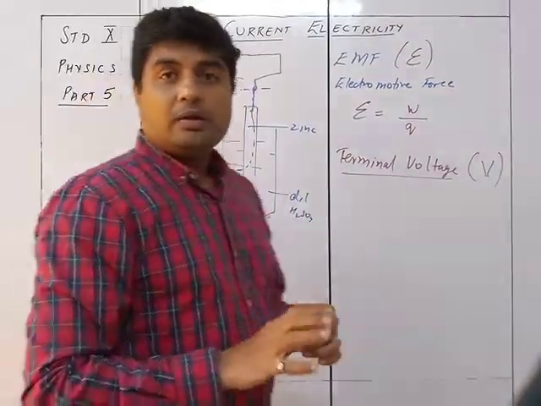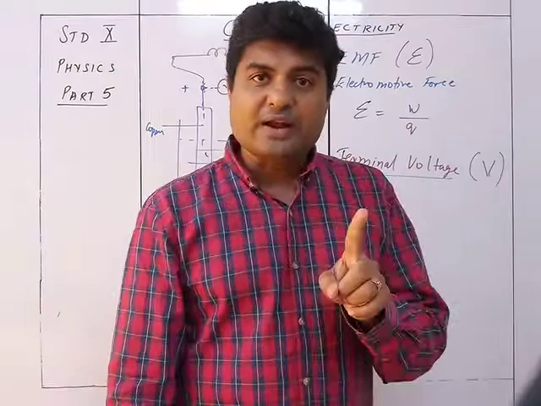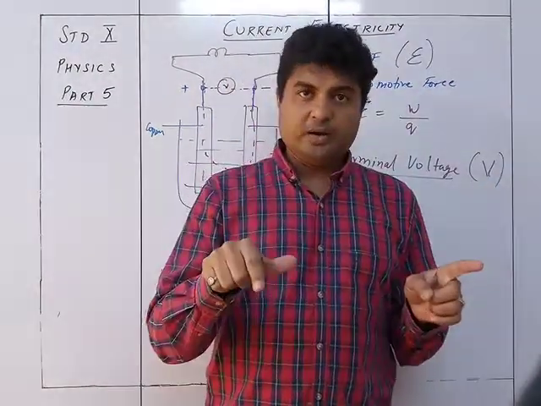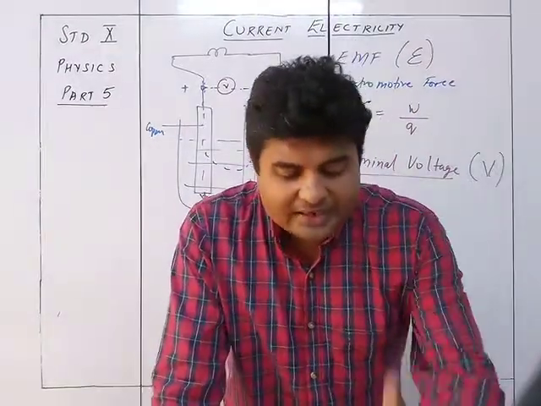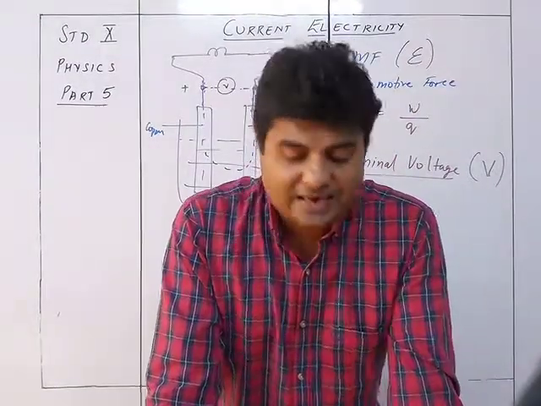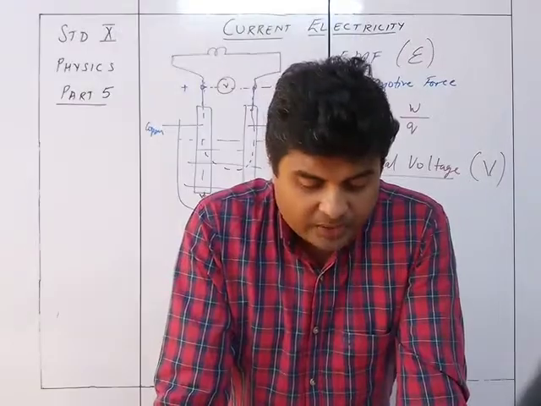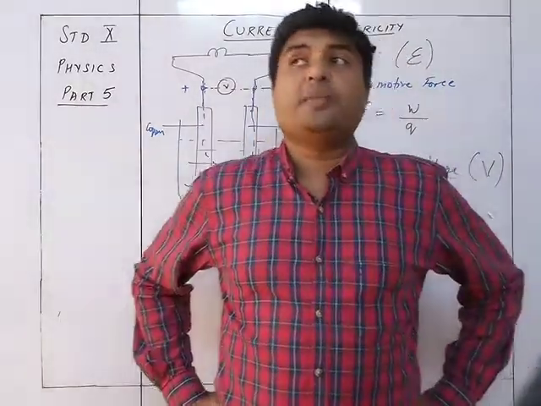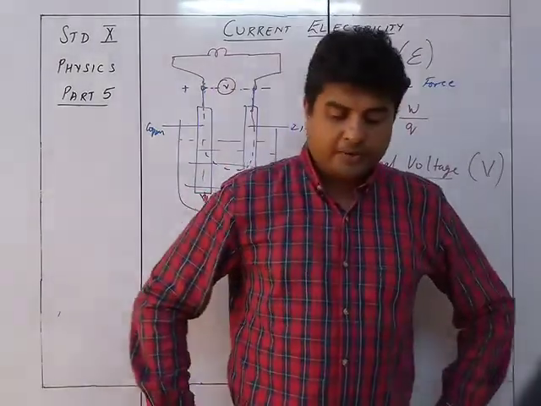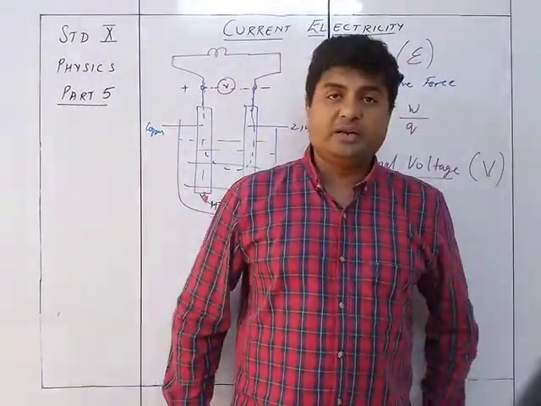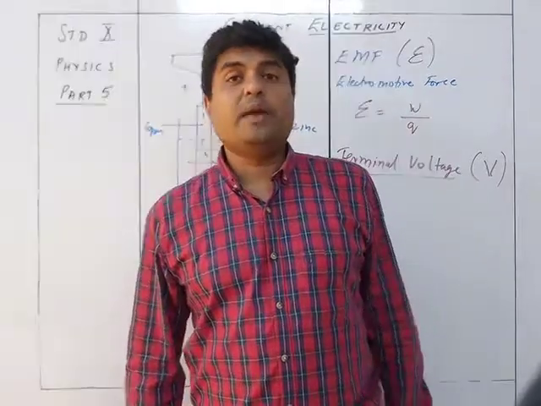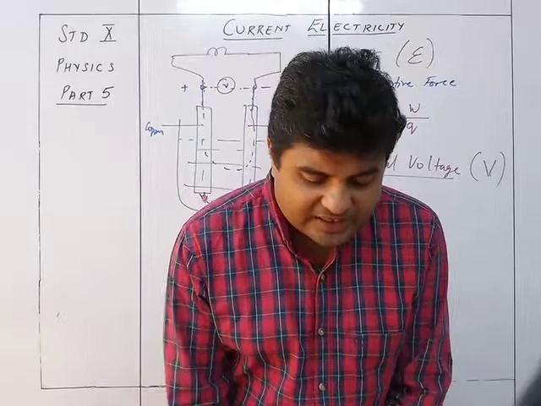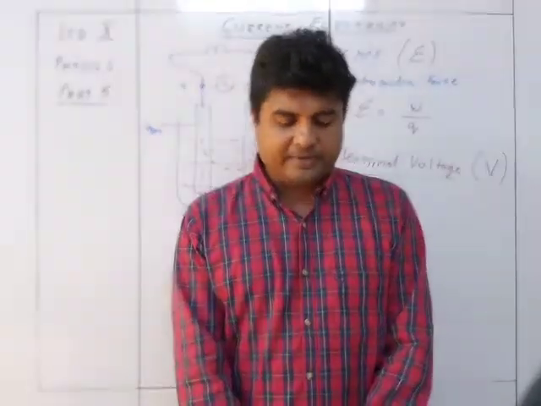So without the current flowing, EMF. With the current flowing, terminal voltage. Okay, so that is it. When the current is drawn from the cell, when the cell is closed circuit, the potential difference between the electrodes of the cell is known as its terminal voltage. So terminal voltage will be the potential difference across the terminals of the electrodes of the cell when the circuit is closed. The terminal voltage of a cell is generally denoted by capital V,